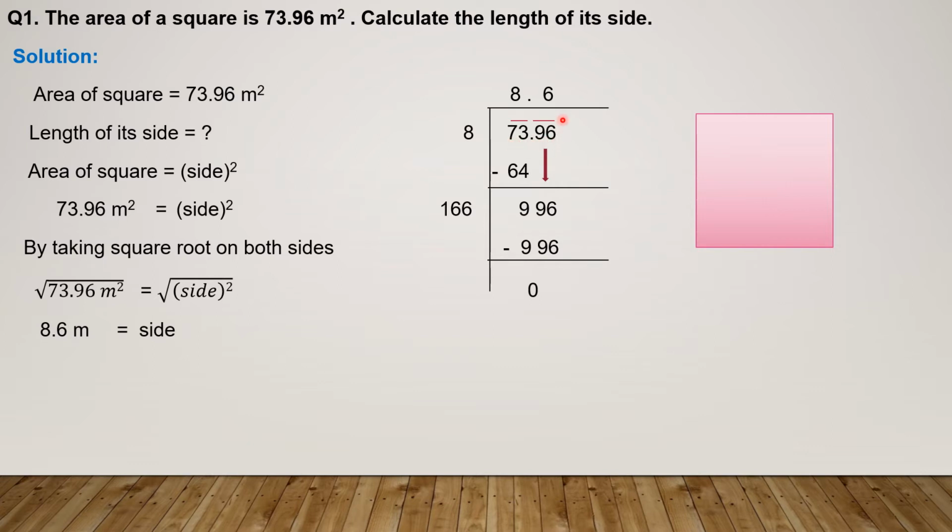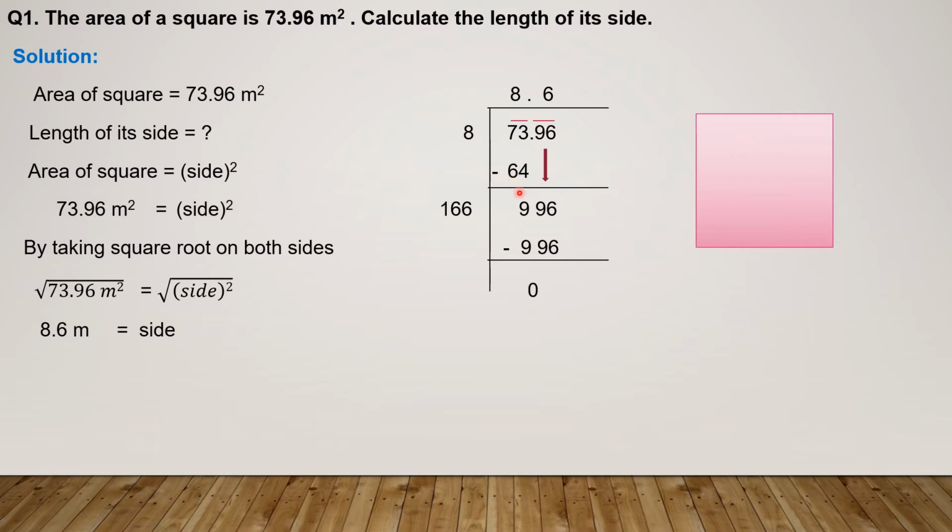First of all, we will be making pairs. From here we will start making pairs. Right after your decimal, from left to right you will make the pairs. For the whole part you will make your pairs from right to left. 73 is your first pair, so which divisor should you select here? One that multiplied with itself gives a product which is smaller than or equal to the first pair. 8 8s are 64.